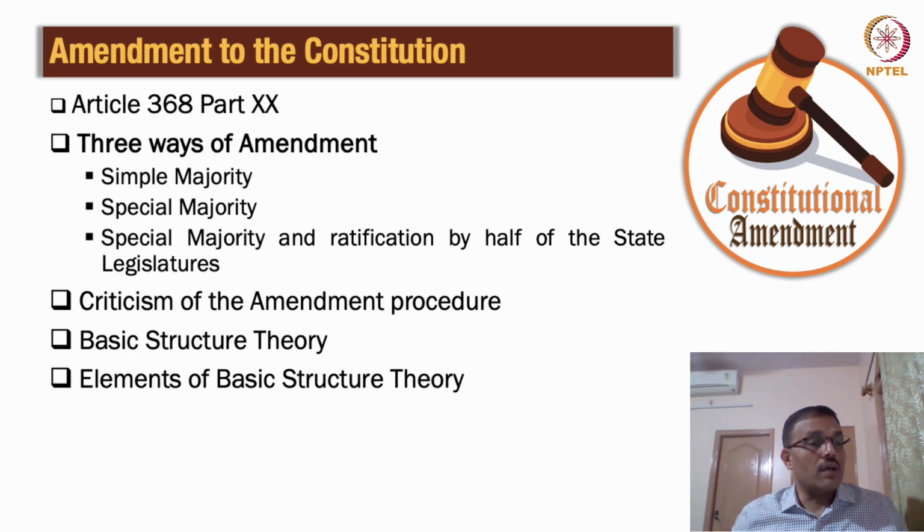So that's how the amendment to the constitution can come into place, and you will notice that the amendment process under 368 has its own advantages sometimes, and does not fit into the very role of what critics would want the amendment process to be. So what have critics said about the amendment process or procedure to the constitution? They have said that